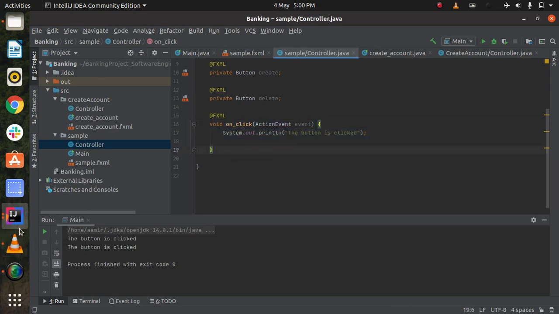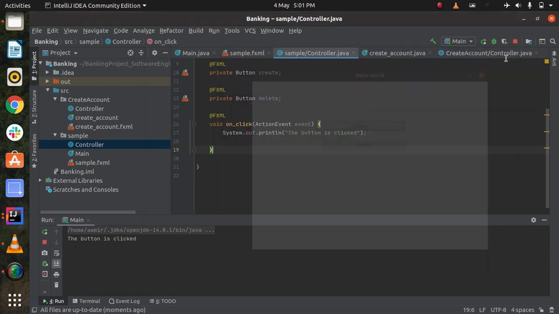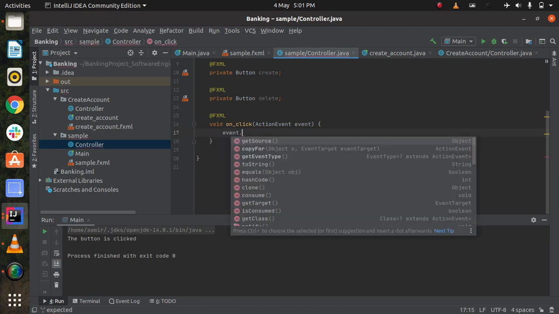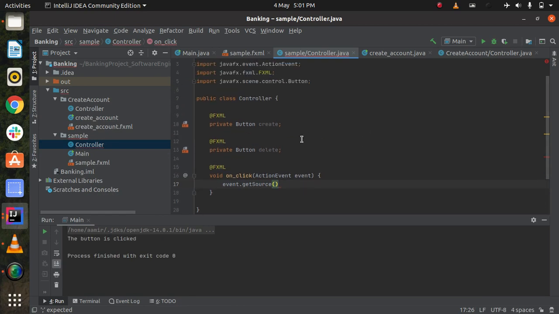So now let's differentiate between these two buttons. For example, if I click on the create button, it should show me only the option for create, not for delete. If I click on the create button, how would I know that the create button was clicked? In this case, I don't know which button is pressed. So for this we will handle the event. event.getSource. getSource will give you the button, it returns the button.